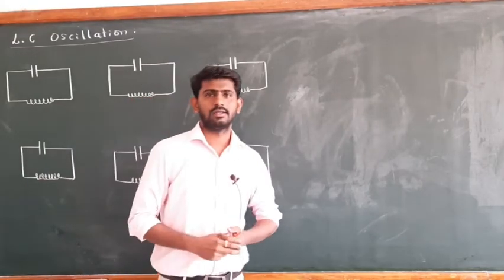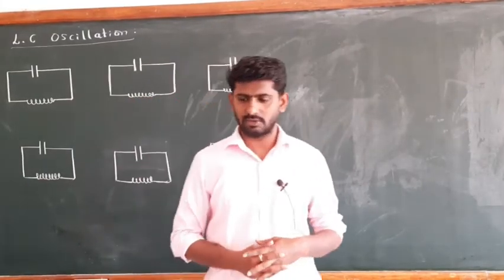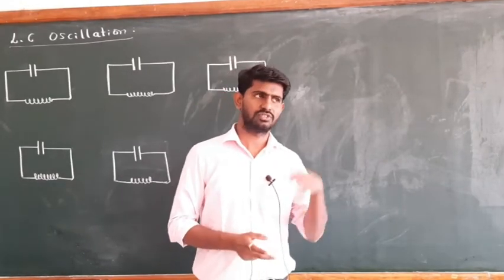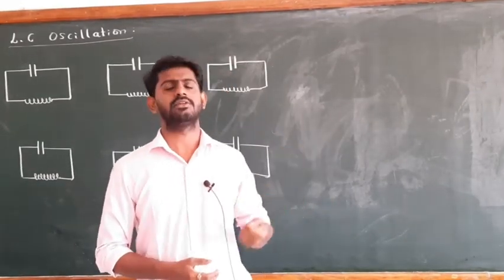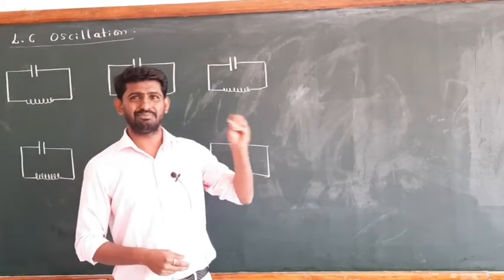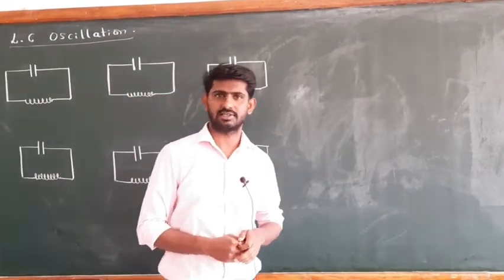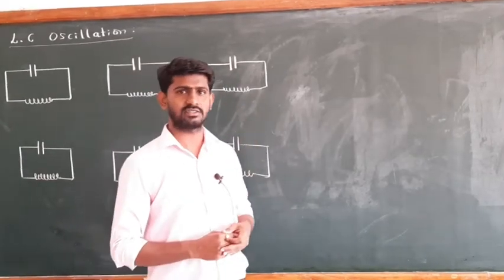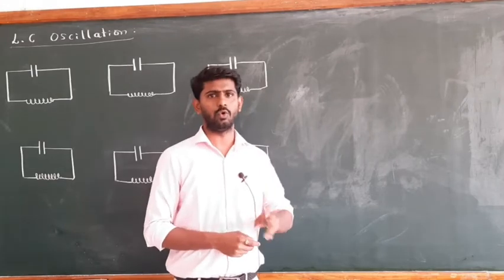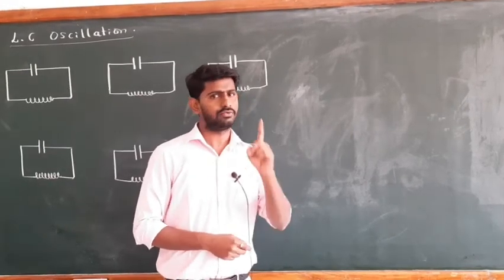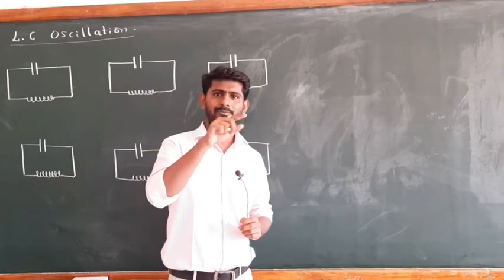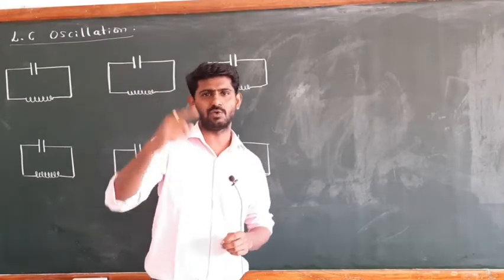Hello students. So in our last class we were discussing the sharpness and Q factor, and also we derived an important derivation, in which we got the expression for the impedance of the series LCR circuit, the current in a series LCR circuit, and the phase difference between the current and voltage. For impedance we got the expression Z equal to under root R square plus XL minus XC whole square.